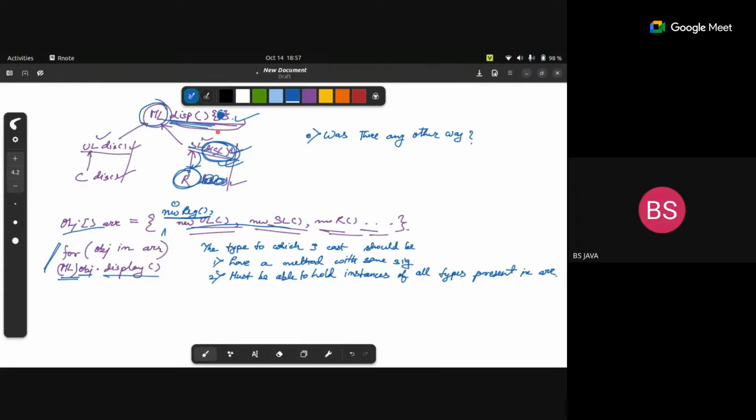See, the point is now, since this display method is anyway empty and all we need,